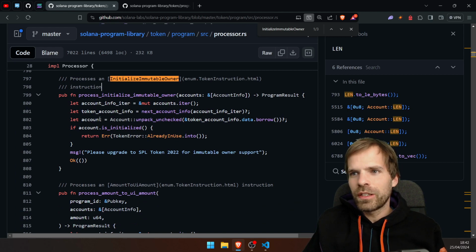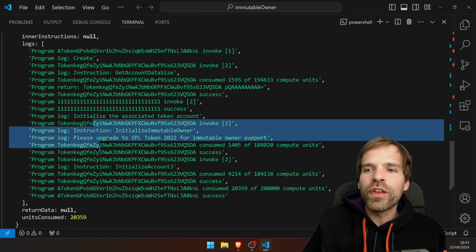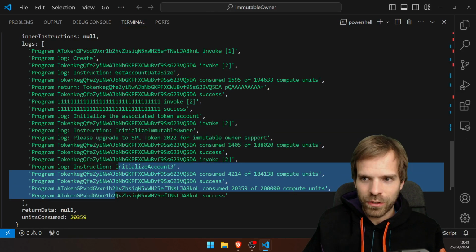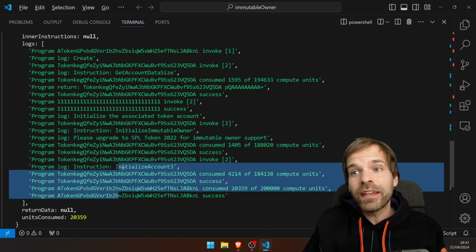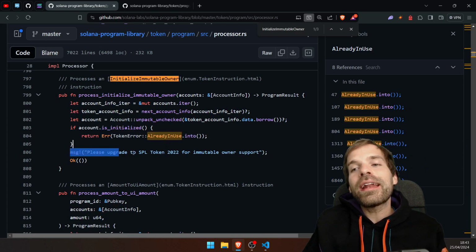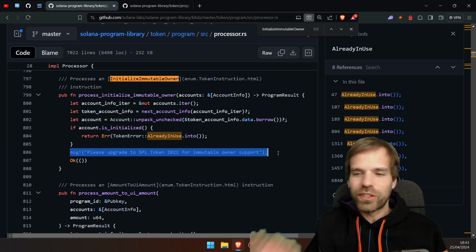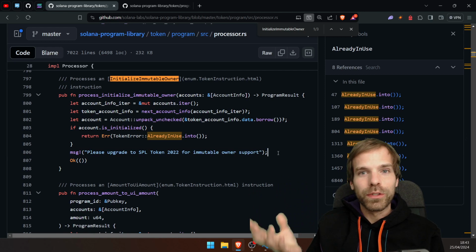Gets the account info, unpacks, borrows the data, checks if the account is initialized already. Then it says it's already in use. See, because we call this before we initialize the token account. That's why it's called before. If after initializing, the state is initialized, and then this will fail. But this doesn't fail, and it just gives me that message. That's literally all that does for the token keg,